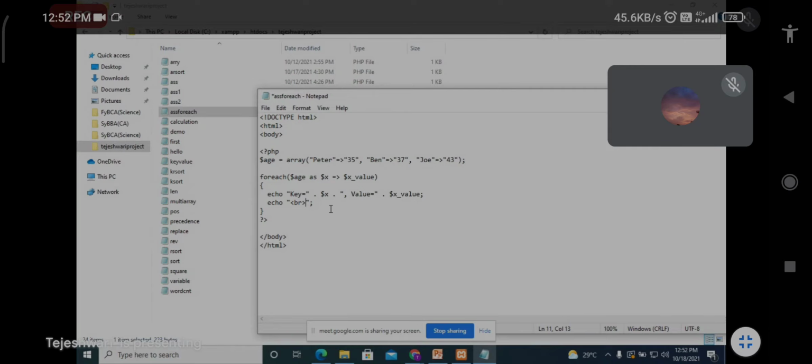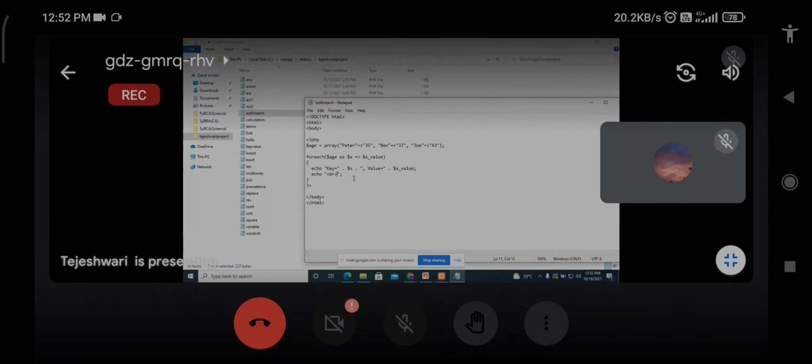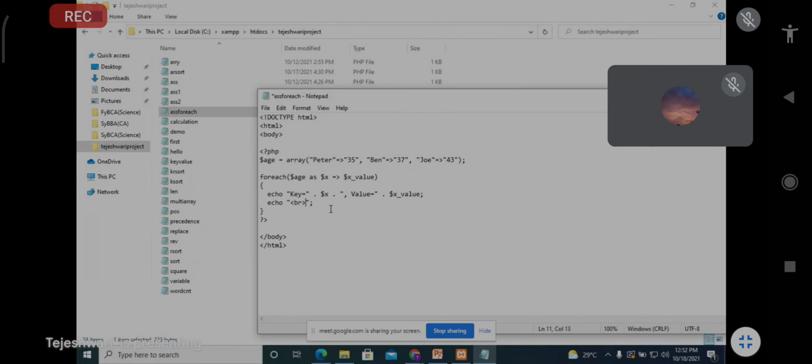What is the key? Your first key is Peter. So Key=Peter, comma, Value= . $x_value. What is the value? The first value for Peter is 35. Then a line break, meaning that line will break.